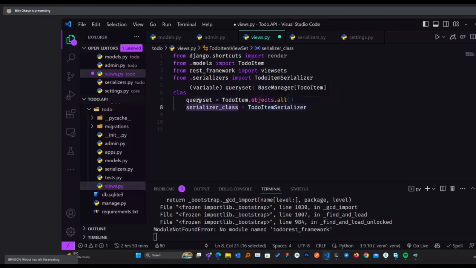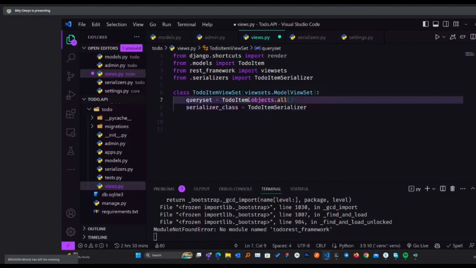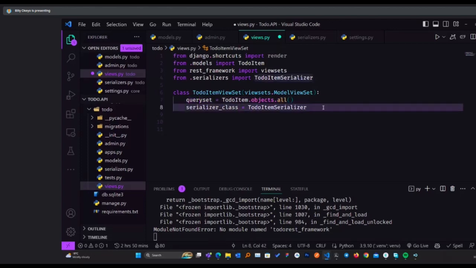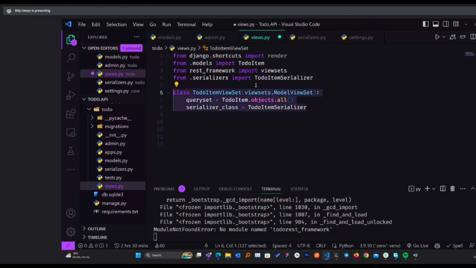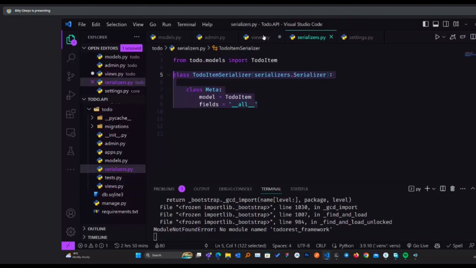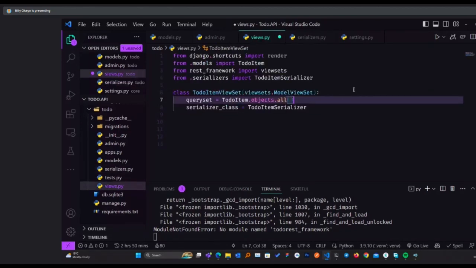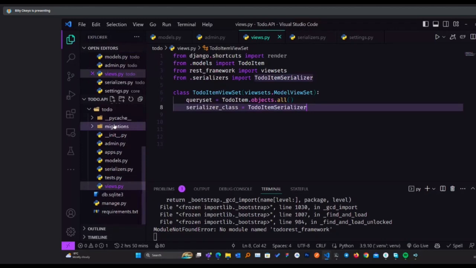So after we've gotten the items, or rather the queryset from the DB, we save it as a variable, queryset. We need now to pass this to our serializer so that it can convert that queryset into a JSON format. So this is all we need to do. With this, as you can see, these are 2 lines. We have another 3 lines here. So with 5 lines, we are able to achieve whatever we want. So I'll just save that.